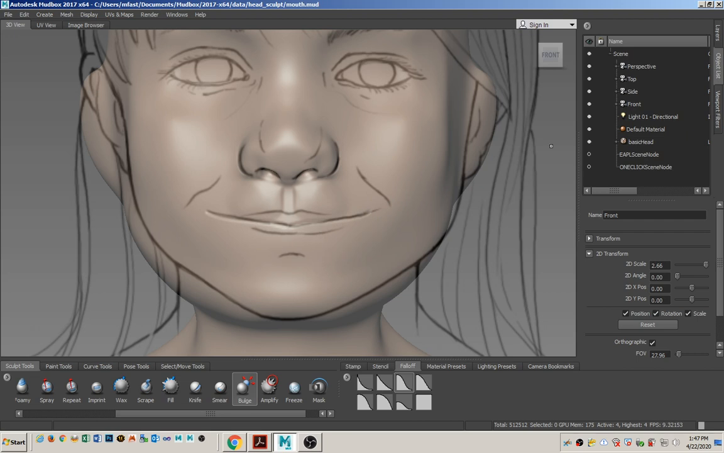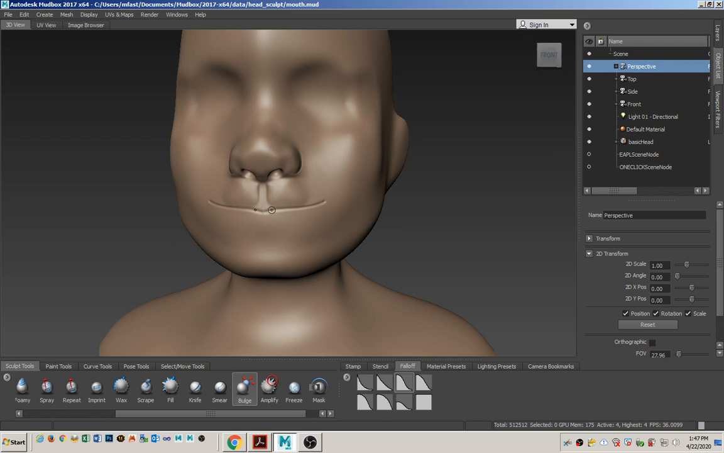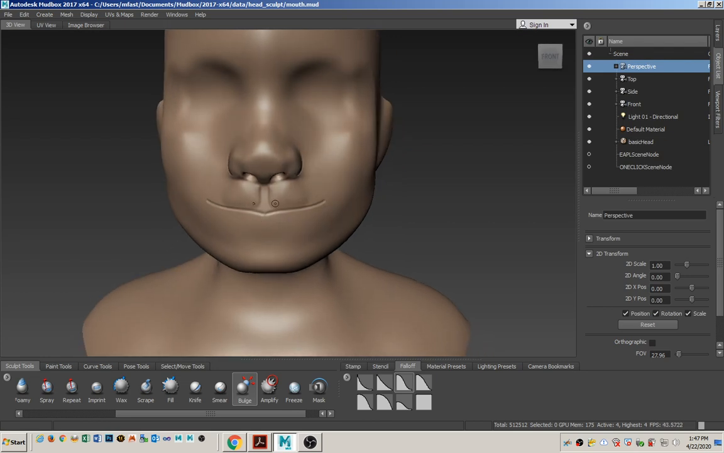All right, there we go. That's pretty much the only time you really need to use the concept art. All right, that turned out pretty good. All right, next we are going to